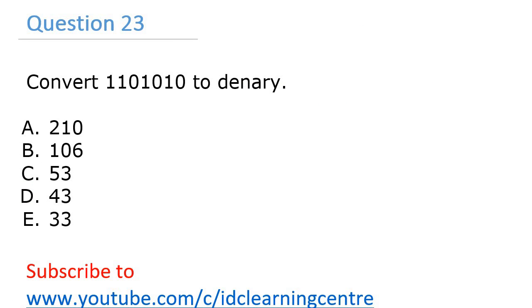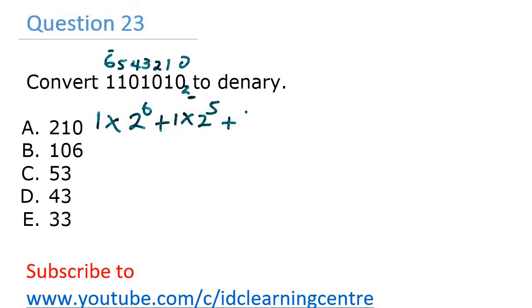Convert. What we have here is in base 2. When they say to binary, they are simply asking you to convert to base 10. Okay? So to do that, we need to order the digits. Let this be 0. Let this be 1. Let this be 2, 3, 4, 5, and 6. So this will give us 1 times, we are working on base 2, don't forget, 2 raised to power the exponent 6, plus the next digit is 1 and 5, 1 times 2 raised to power 5,